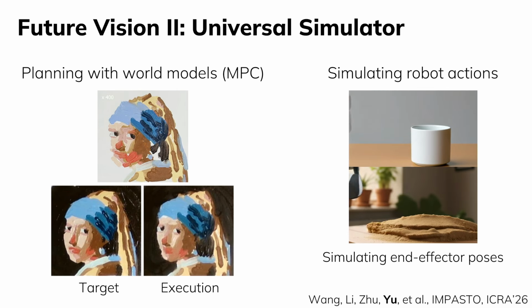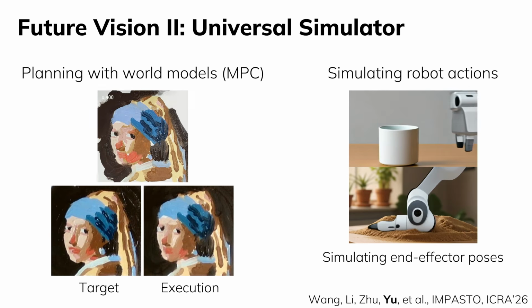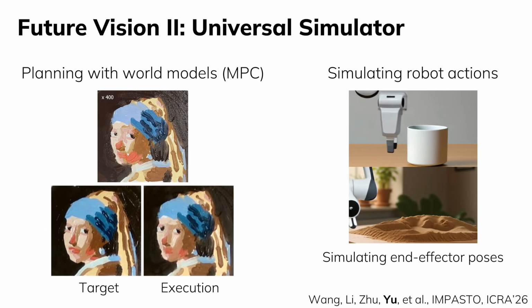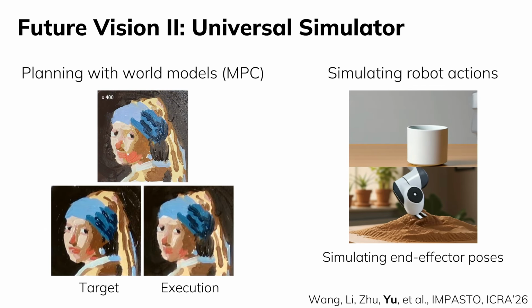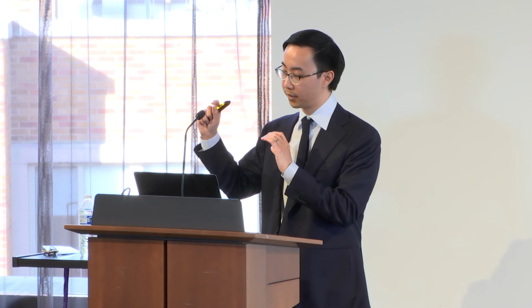And in parallel, I'm also pushing world models towards simulating robot actions. Here in this example, we represent robot action as the end effector pose trajectory, and we simulate what happens if it is interacting with some particular objects. These are all preliminary results, but my goal is to develop this further into a useful tool to help robotics